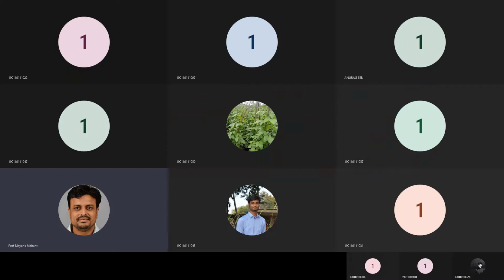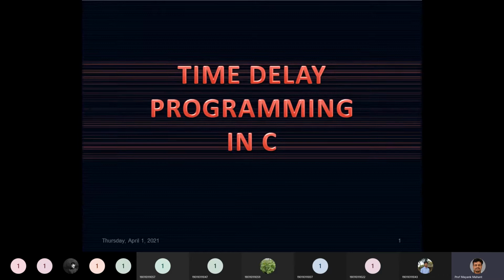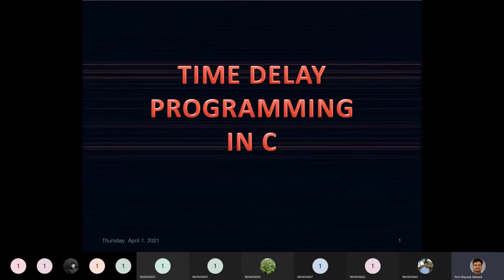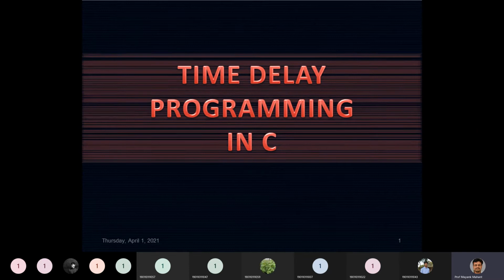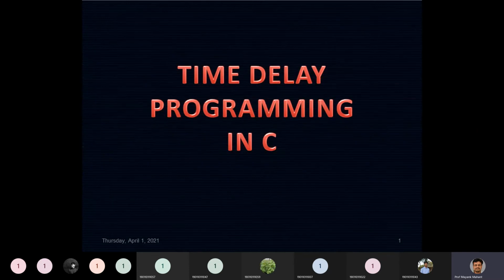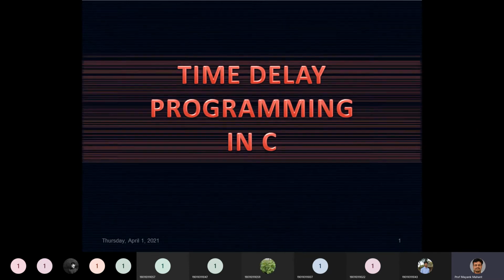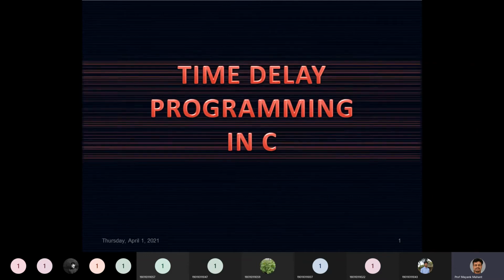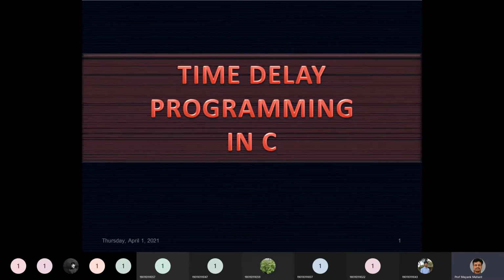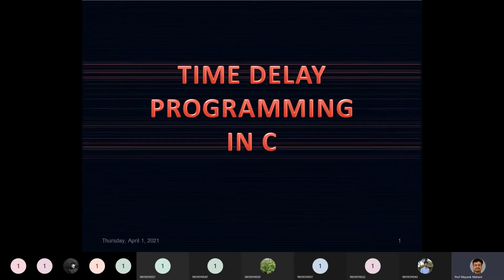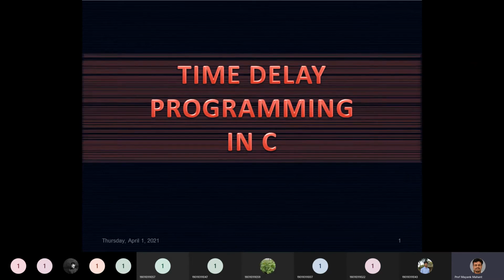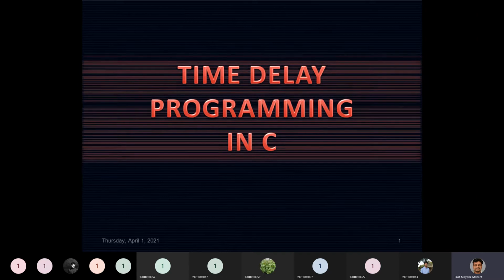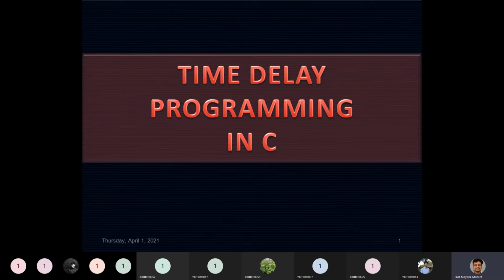Programming C. Okay, so can anyone tell me what are the different ways we can generate time delays in our AVR microcontroller? In the previous class, we talked about that we can first of all go through a loop, which is nothing but unnecessary wastage of CPU time, and the other is the user-defined functions that are available in C, and the third one is with the help of a timer. Maybe we will start discussing timers from the next class onwards, or maybe after the internal examination.